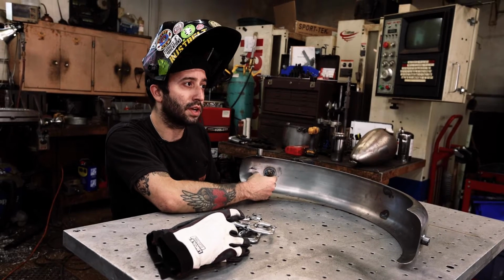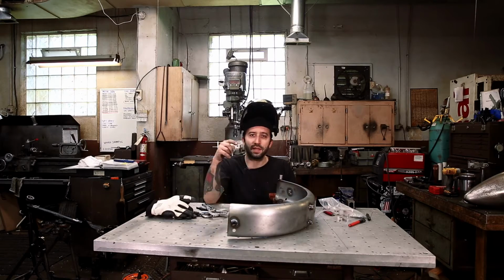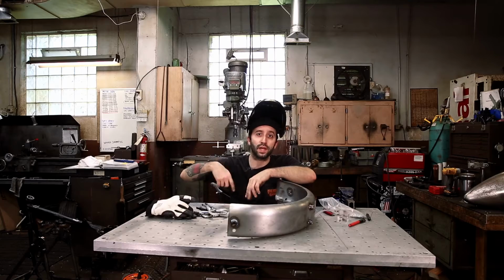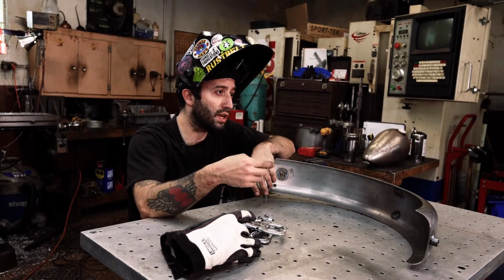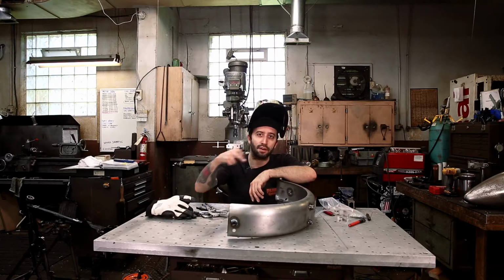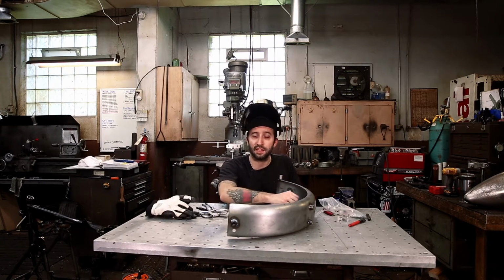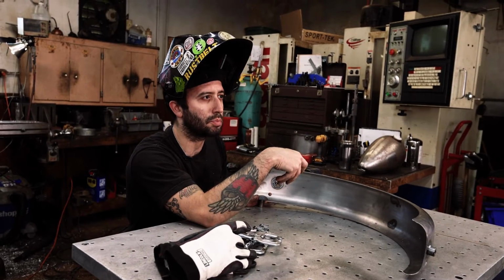I would get one as close as possible to the rubber grommet that you just drilled the hole for, because that wire is going to come out perpendicular to the top of the fender. So it's going to need to bend quickly so you don't get it too close to the tire. So I would put a clamp really close right to that grommet, so when it comes out of your fender, it bends up nice and tight to the roof of the fender, and then you can kind of stagger them along the edge